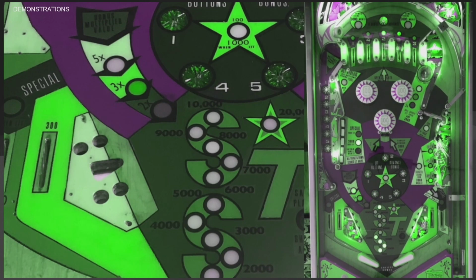So you hear the call-outs and the digital sounds and the lights flashing and the...